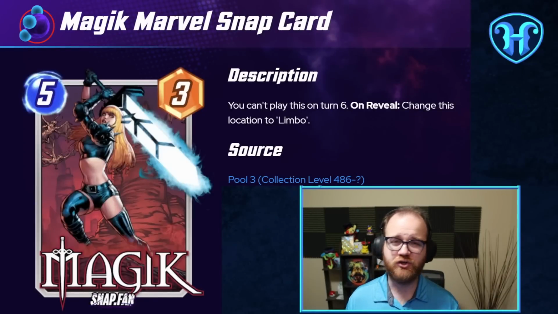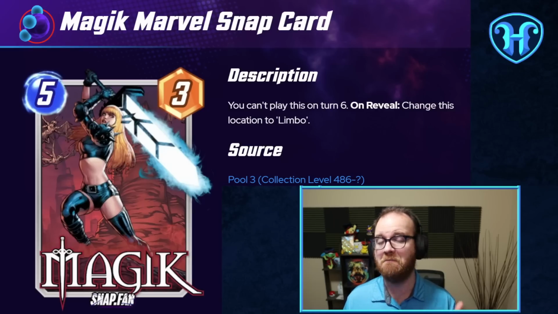In addition to Mr. Negative previously having a larger stat line, another thing that contributed to Mr. Negative's Tier 0 status was the fact that it was one of the best of many different Magik decks in the format. Magik didn't always have this rules text, you can't play this on turn 6. This meant in the Mr. Negative deck specifically, you could deploy this on what was previously the last turn of the game to get an